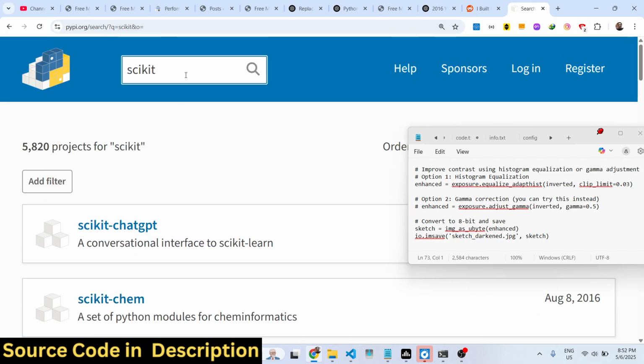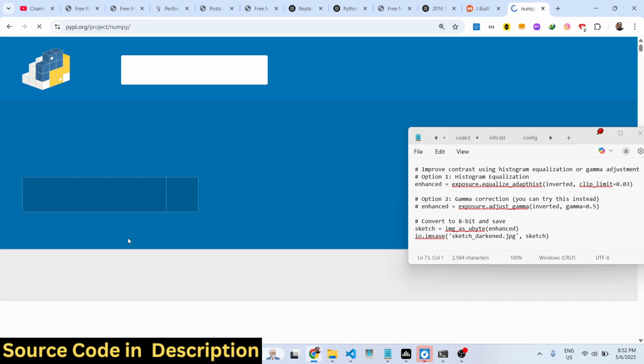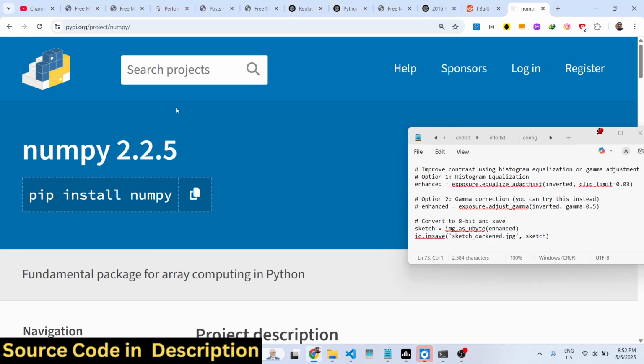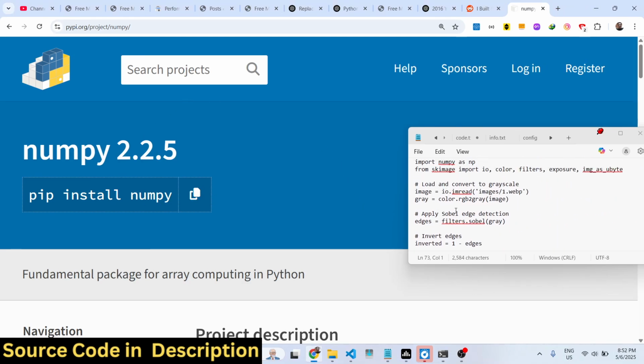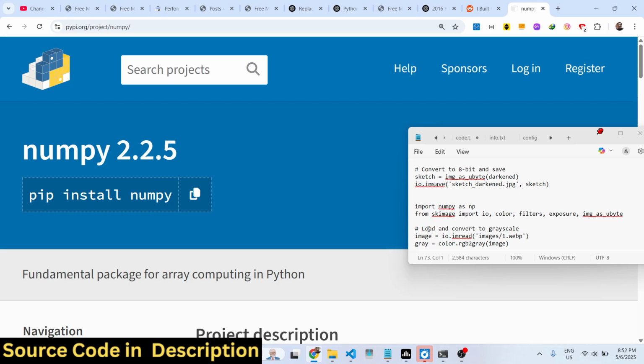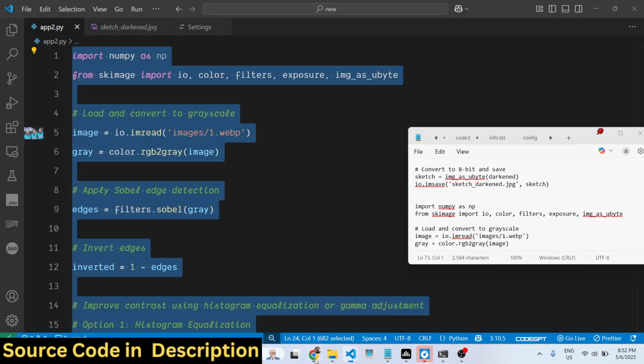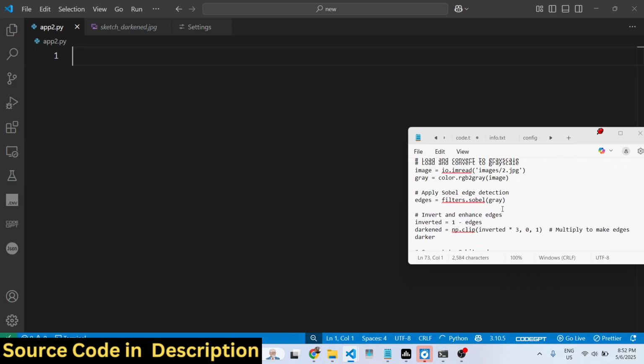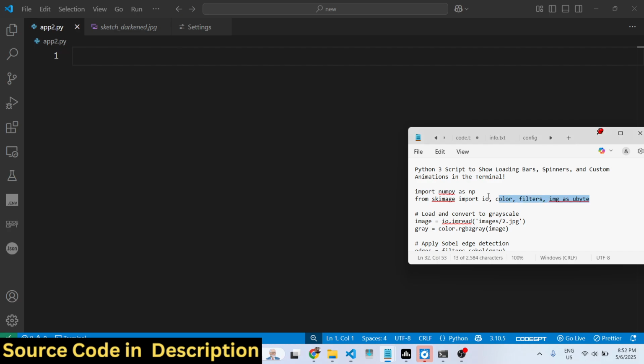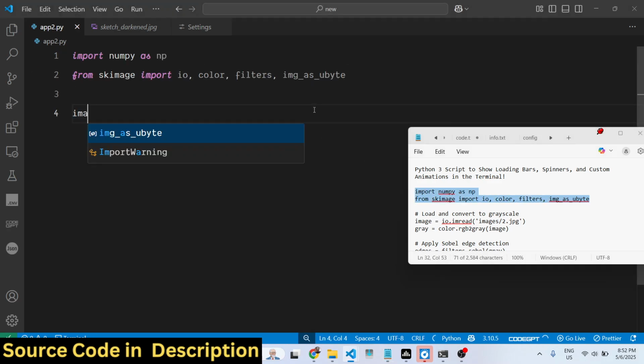So you need this one, and the second one is NumPy. So after this, you need to simply import these two libraries, like this. After that, we specify the input image,